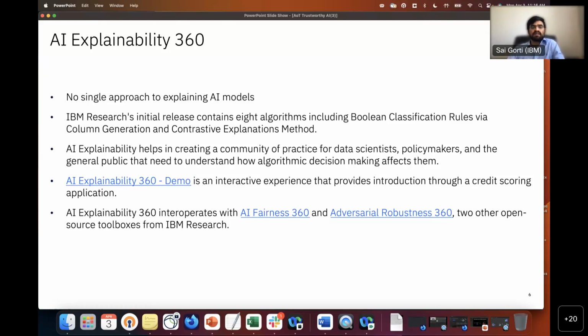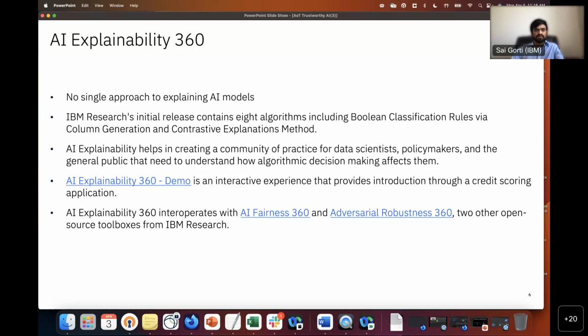But when it comes to actually explaining decisions made by the models, there is no single approach that works best, because different machine learning models work in different scenarios. So the appropriate choice depends on what kind of persona is actually asking for the explanation, and on the requirements of the machine learning pipeline also. For this, with AI Explainability 360, we've offered a collection of algorithms that provide diverse